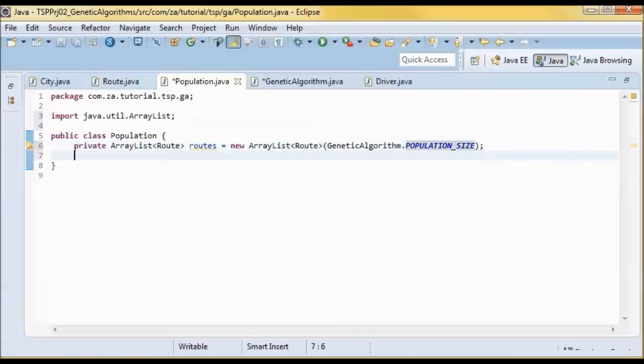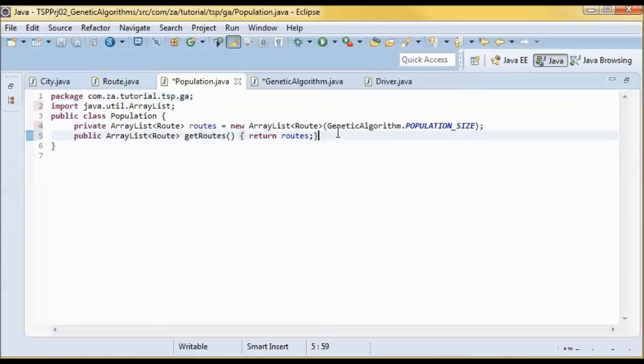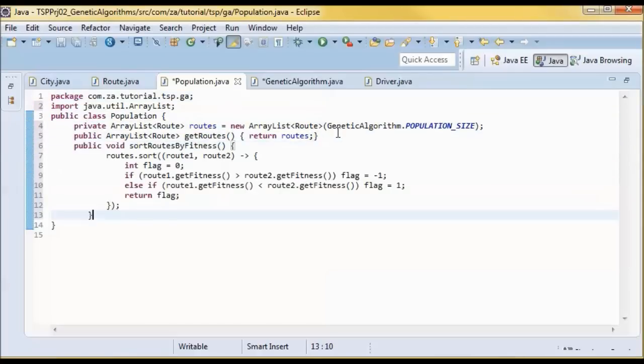And let's have a get method that returns the routes,